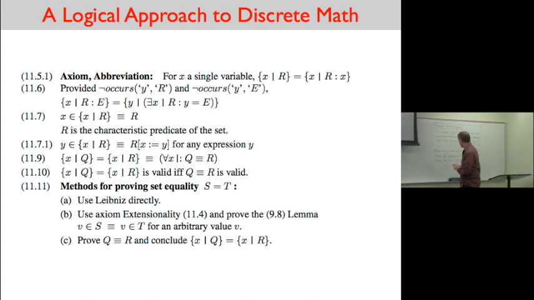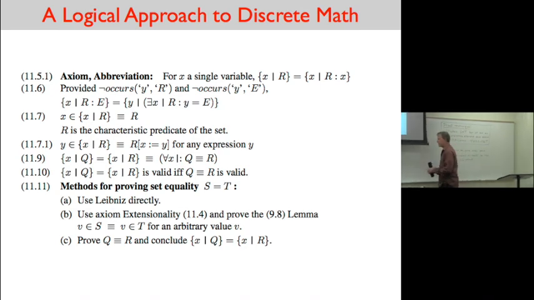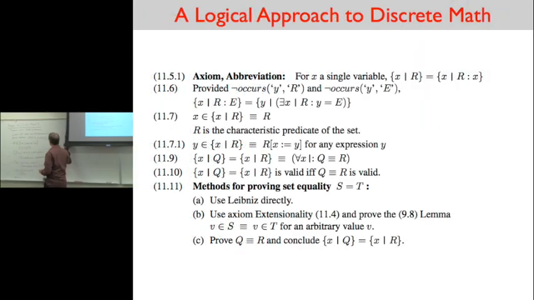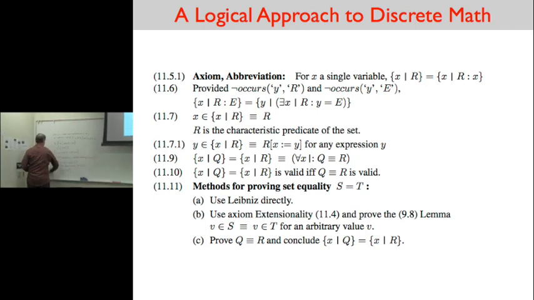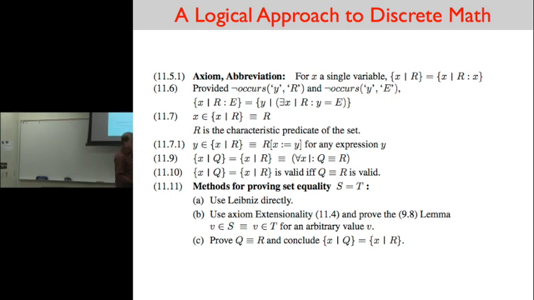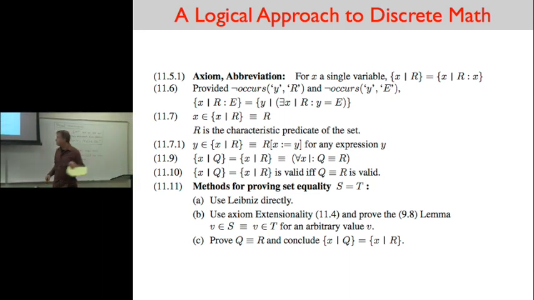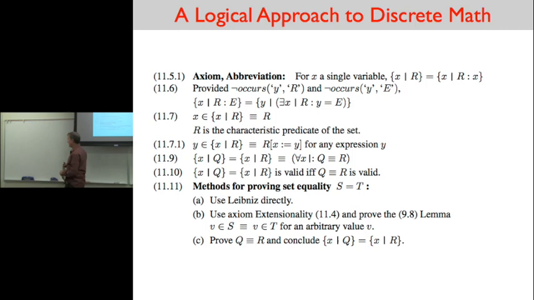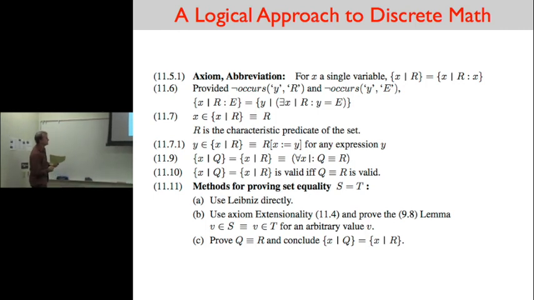Okay, so here is 11.5.1, an abbreviation. Here we want to use this abbreviation because it is the standard way they do it in math, in traditional math notation. 11.5.1 is actually just called abbreviation. And what it says is that, oh, you can read it there. What it says is that for a single variable,